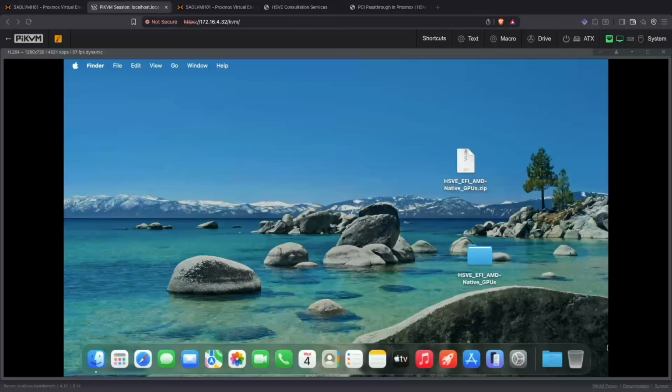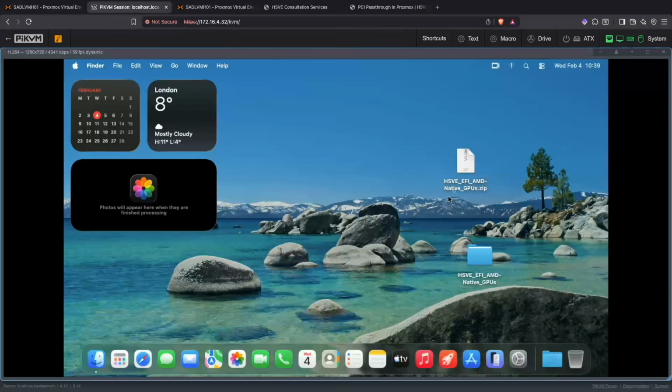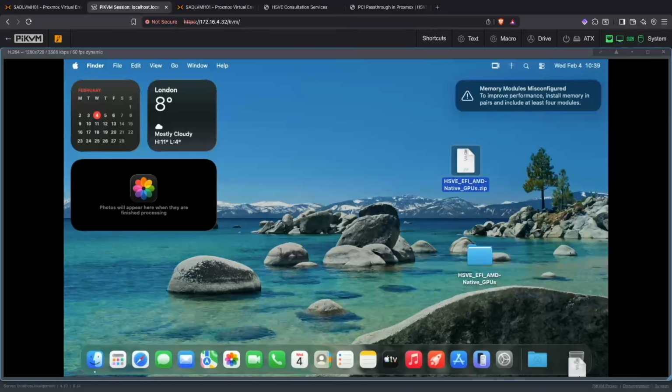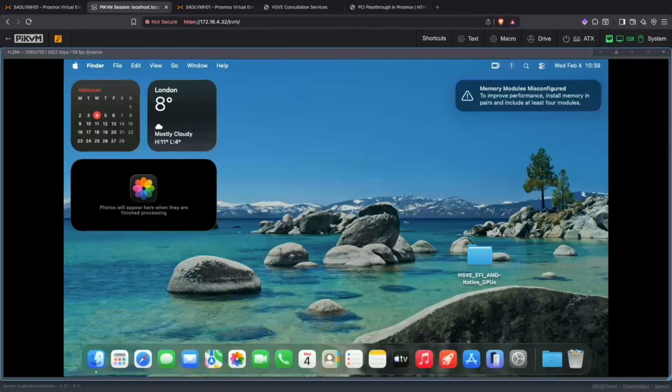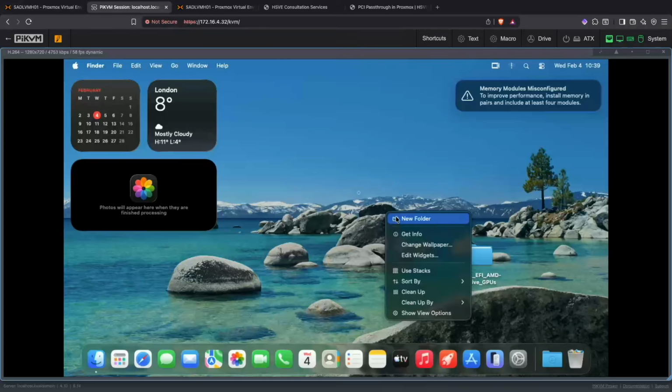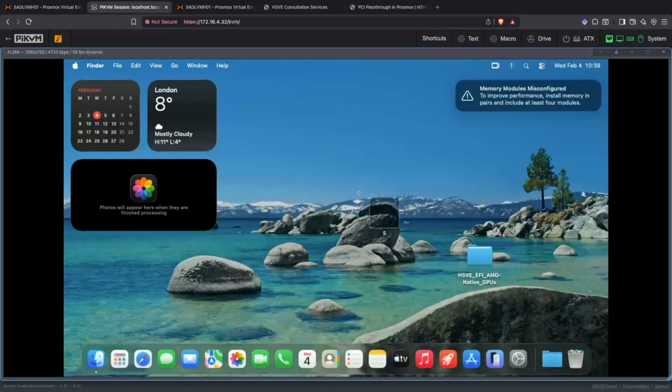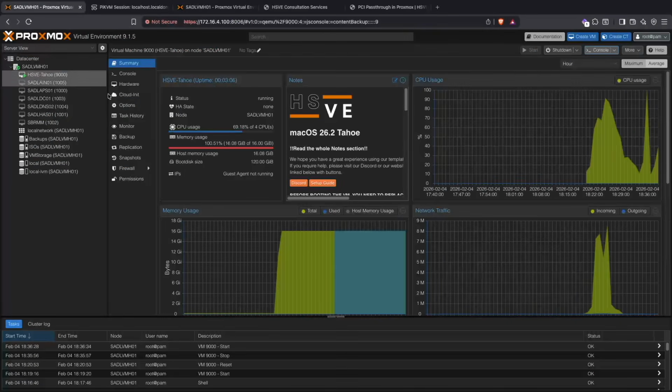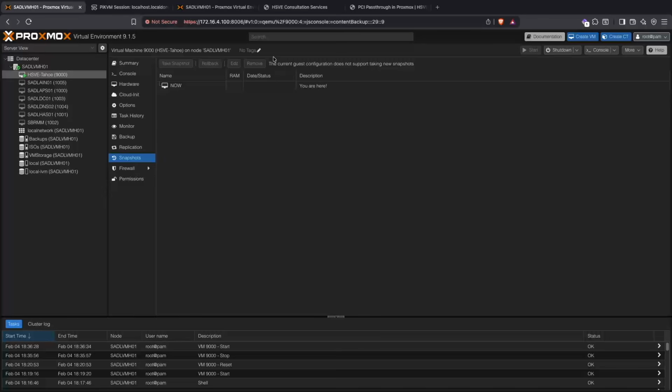So we're on the desktop and we're now ready to do the test. What I'm going to do first of all is delete this, as we've already got the folder here, and then I'm going to make a new folder that says subscribe to HSV, like so. There's the folder, and now if I go to Proxmox, go to snapshots, sometimes you may get